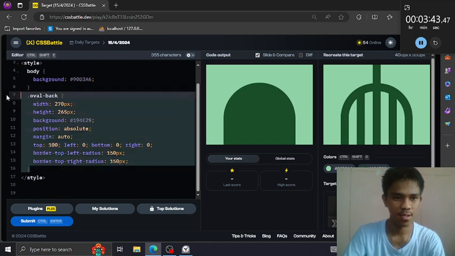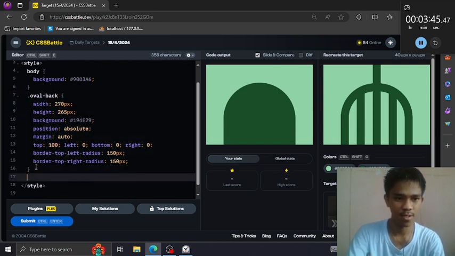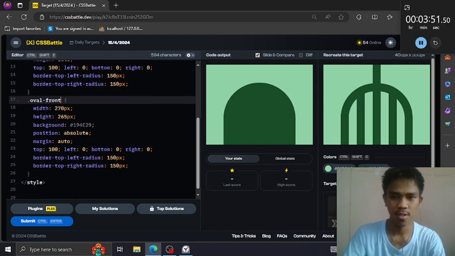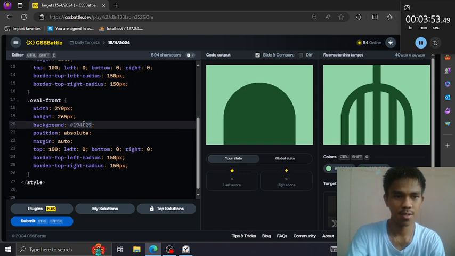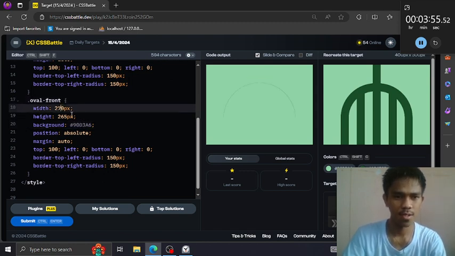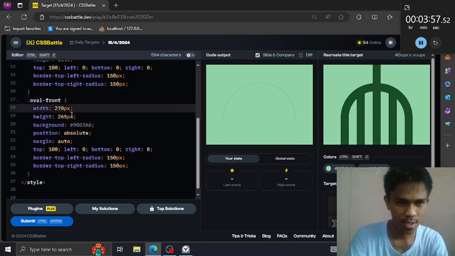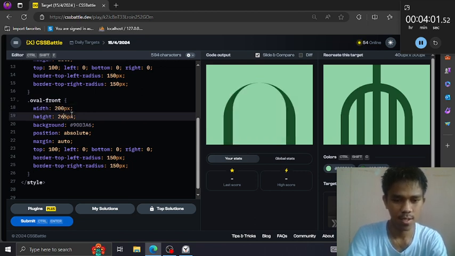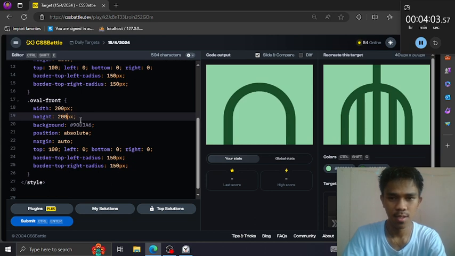And let's create this oval front. Rename. Then background. And reduce the size. That.